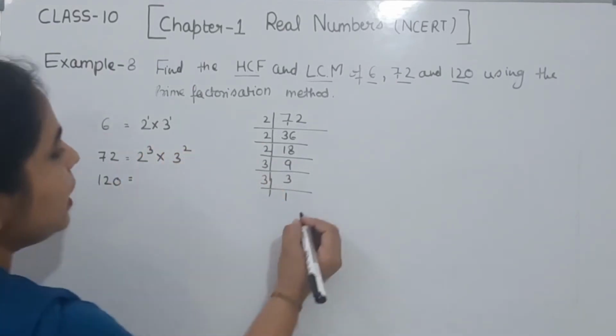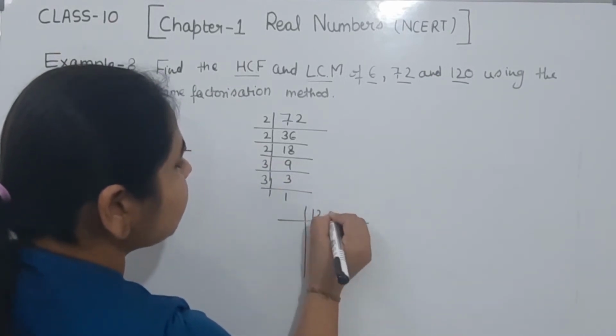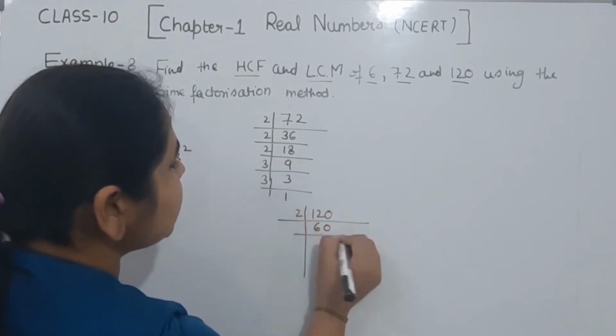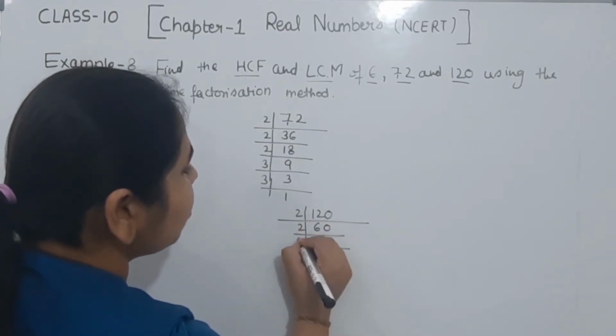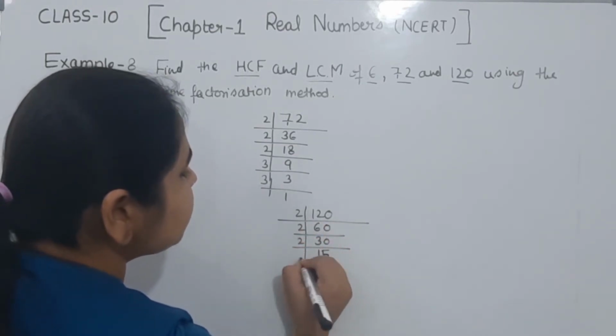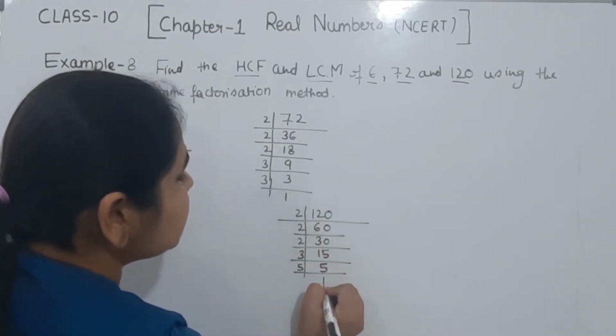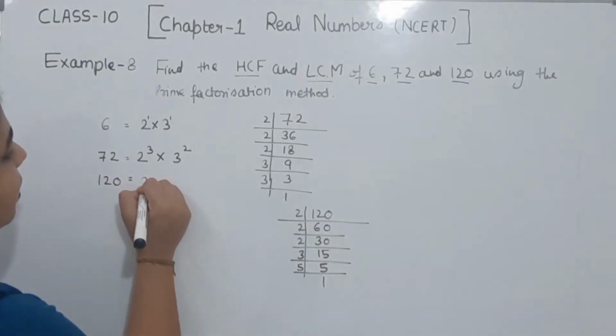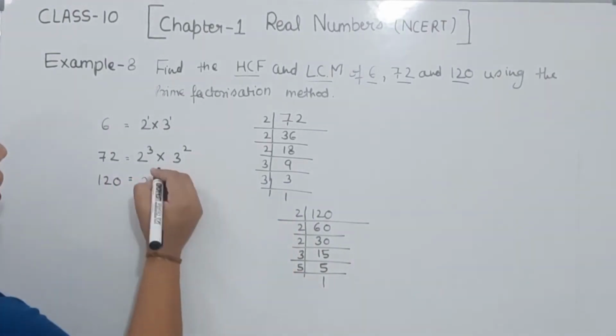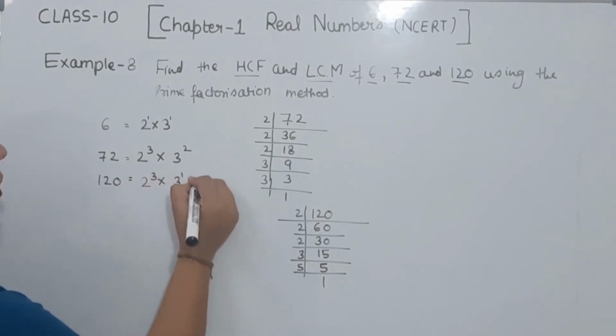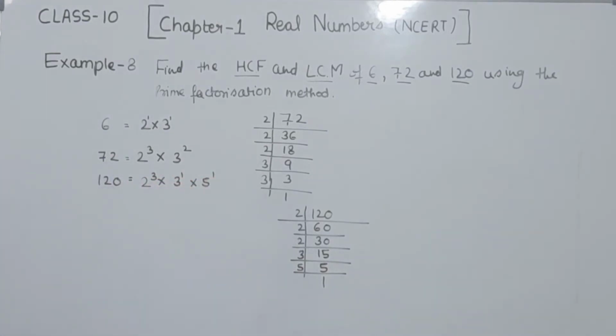Now we have to find the prime factors of 120. So I'm going to find this one. 2 6s are 12 and 0. 2 3s are 6, 0. 2 1s are 2, remainder 1, 2 5s are 10, and 3 5s are 15 and 5 1s are 5. Now I'm going to write here, we are having the factors 2 to the power 3, 3 to the power 1 and 5 to the power 1. This one we are having the prime factors of 120. Now we are going to write for finding the HCF.